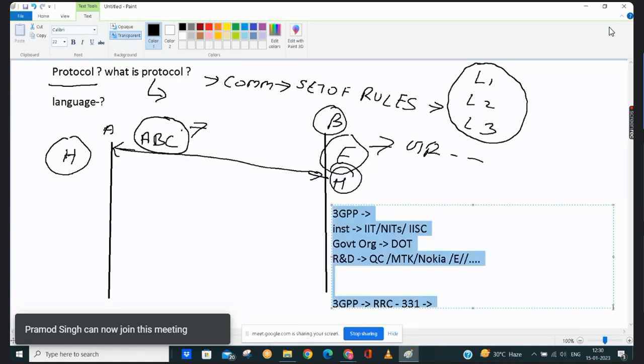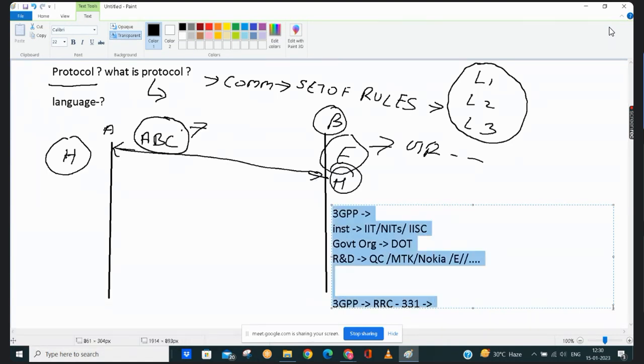Now let's jump to what protocols we have. Anyone, any doubt? Anyone having a doubt in understanding the term protocol, or who defines a protocol? Anyone? Otherwise we can jump to the next point. Okay. So let's jump to the next point.